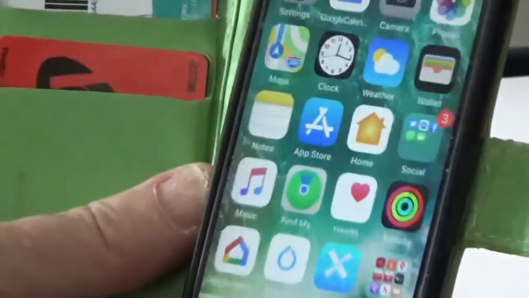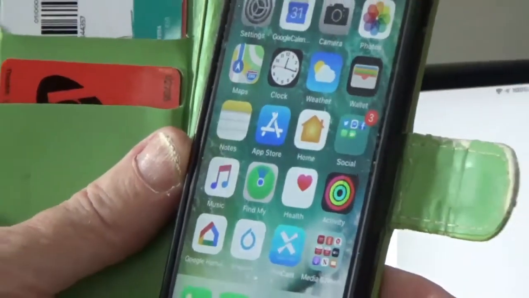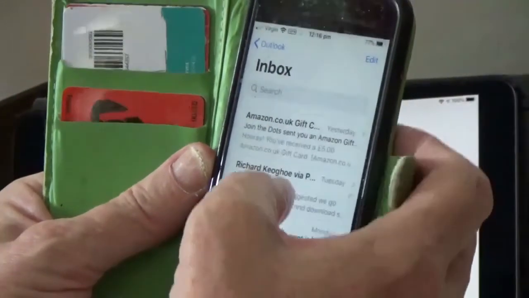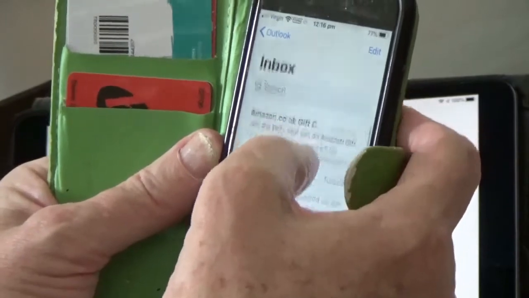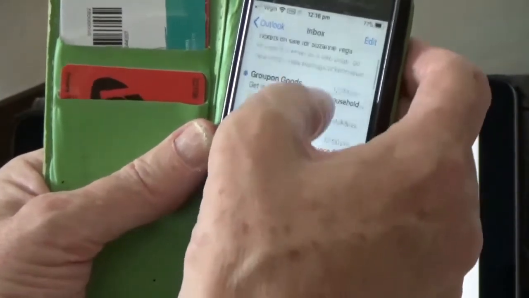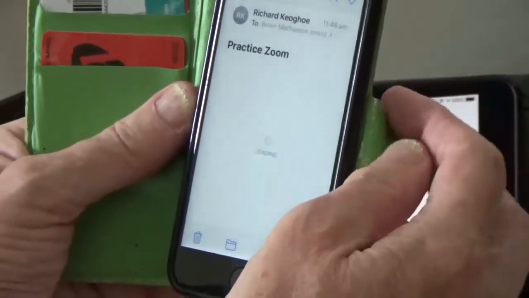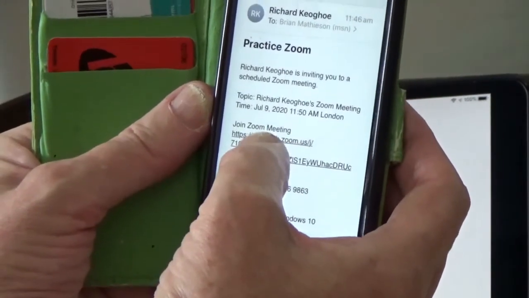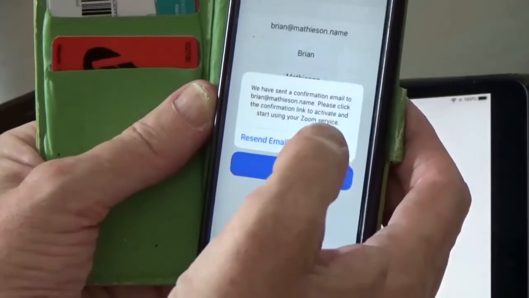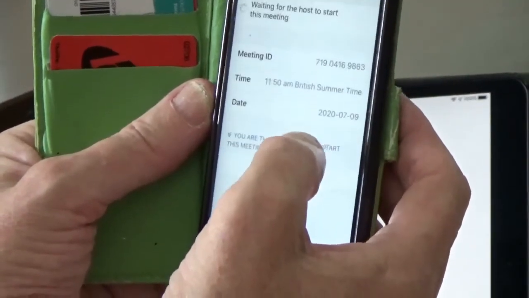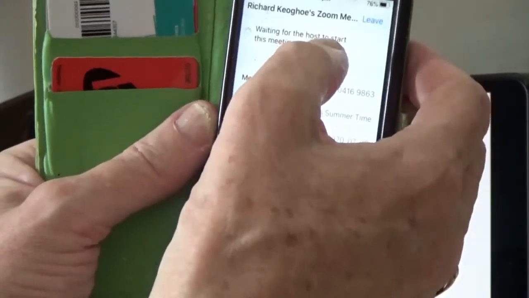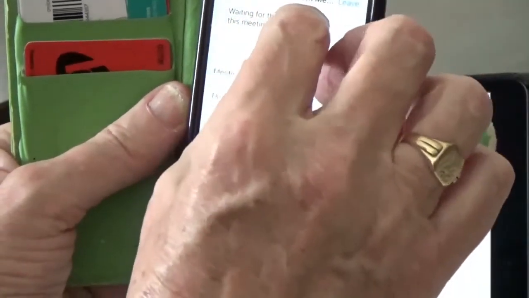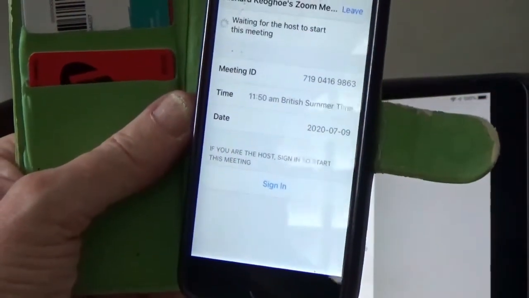Now let's look at the same thing on an iPhone. If I pick up my iPhone, I can do exactly the same thing. I can go to email, I can download the email. There's one from Richard about the maths group, but I'm looking for the one that is going to come up about Zoom. There we are. And up it comes, and again a URL, and I just touch that and immediately it comes up with waiting for the host to start this meeting. And once he's started the meeting, we'll be on and be able to talk to Richard